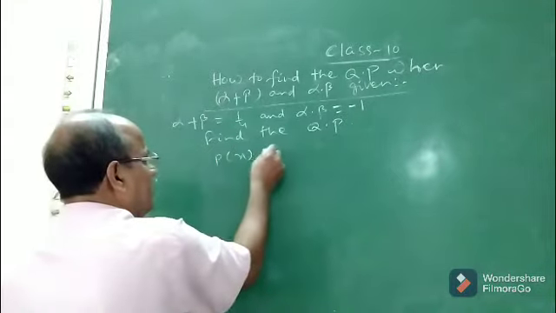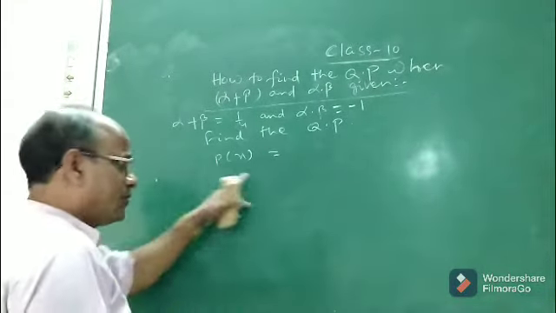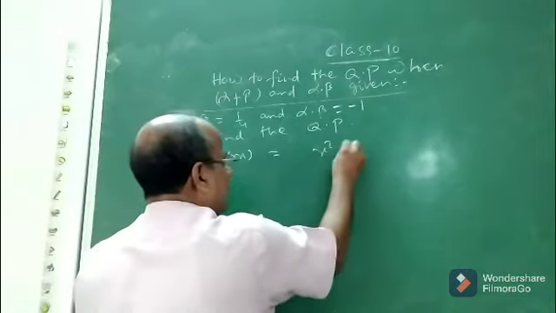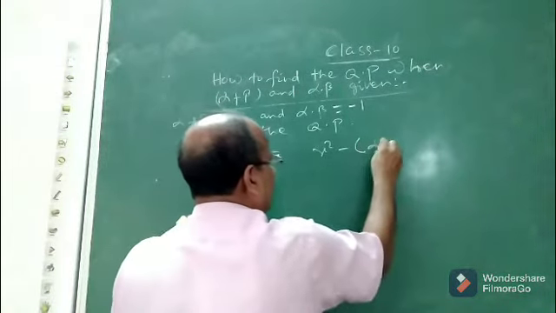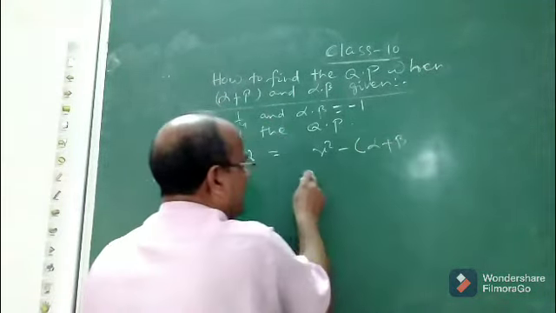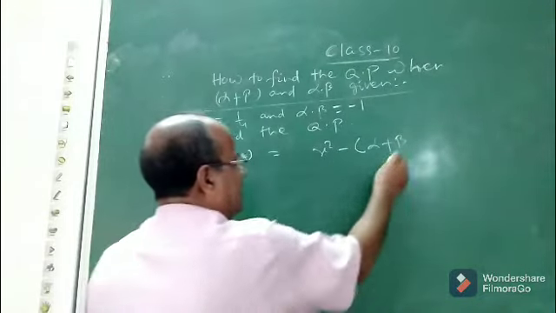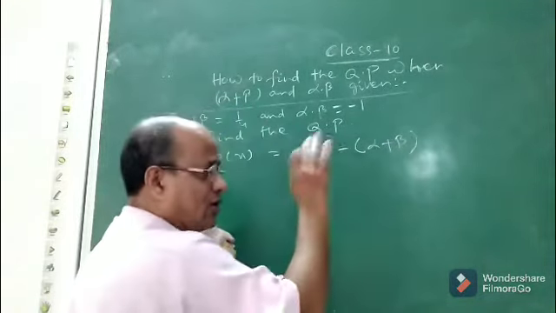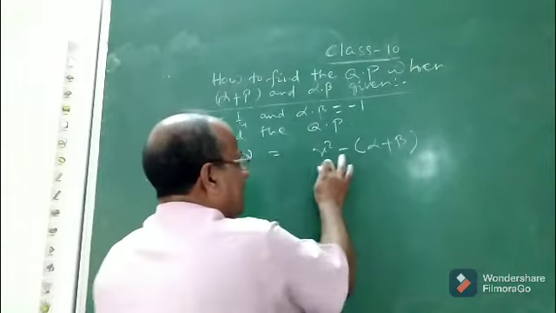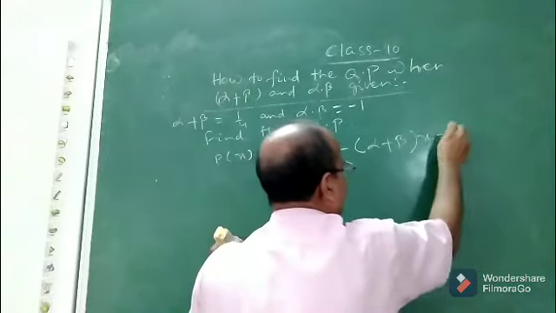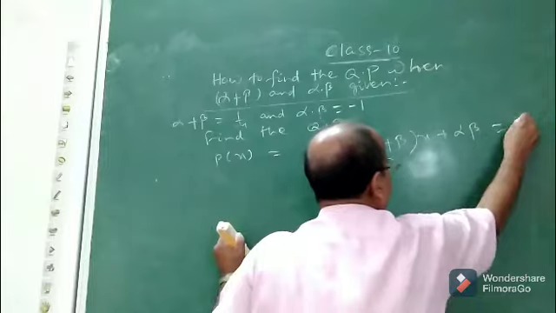So the quadratic polynomial is, you see, the same formula you apply. Instead of k, to find the quadratic polynomial, you take only, don't take k. In the second method, there is no need to take k, so the constant k you need not multiply. x square minus (alpha plus beta) into x plus alpha into beta equal to 0.